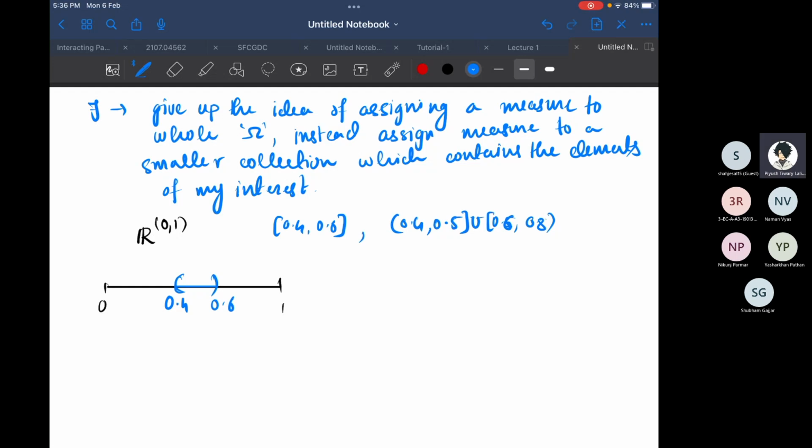So am I making sense here, or am I not able to explain it? Can you explain how, if we are defining these intervals, we will be able to assign them weightages? Yeah, I'm coming to that. But is the motivation clear, why we need a sigma field? Is that part clear?